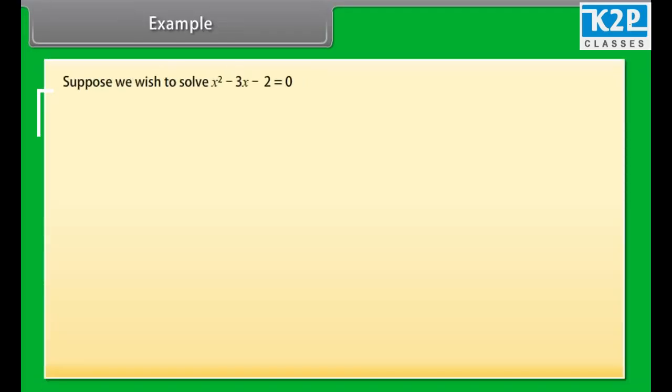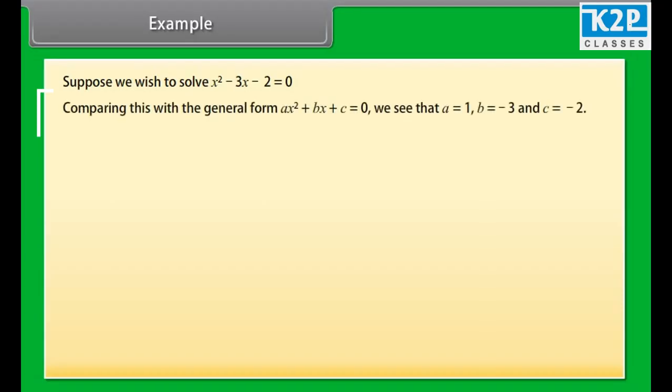Example. Suppose we wish to solve x² - 3x - 2 = 0. Comparing this with the general form ax² + bx + c = 0, we see that a = 1, b = -3, and c = -2. These values are substituted into the formula. It becomes